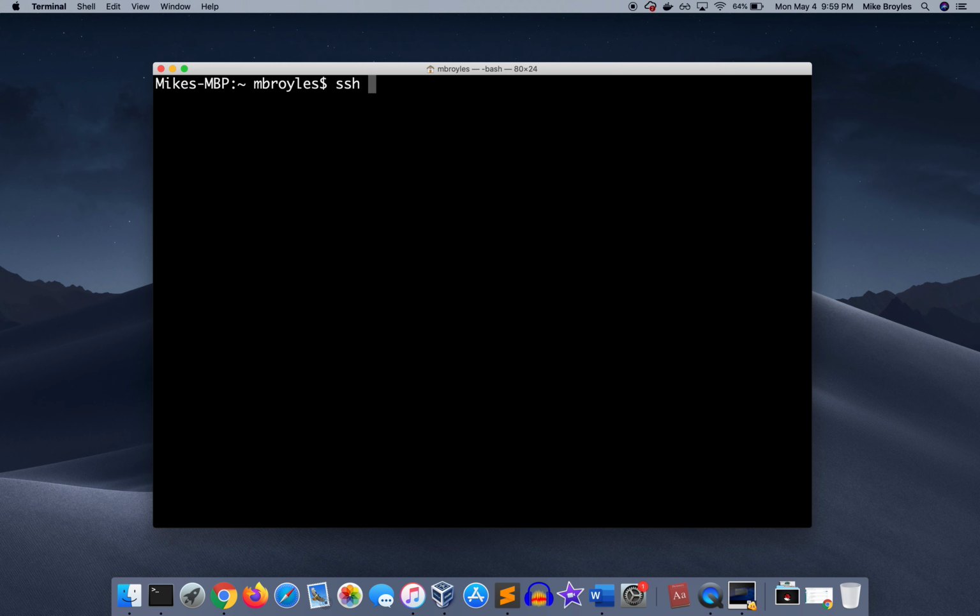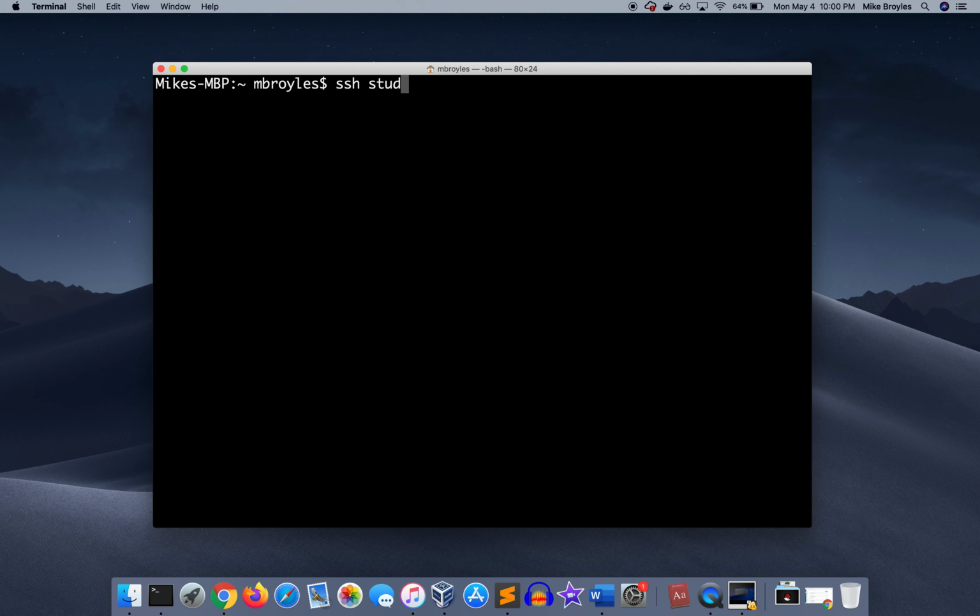So SSH is actually how you gain a remote shell console. Now SSH, of course, works if you happen to be already on a Unix or a Linux-like operating system and you actually have the secure shell command to log into a Linux box. If you happen to be on Windows, you'll have to use some other tool. One that's popular is called PuTTY, which, well, if we were at school, I could show you. But because I'm working with what I have, and I happen to have OS X, I'm in a bash shell right now, so I'm just going to use the SSH command,